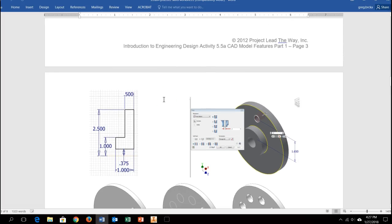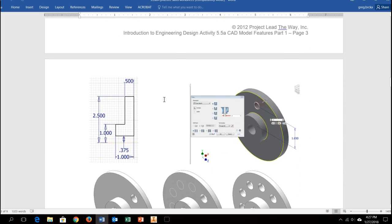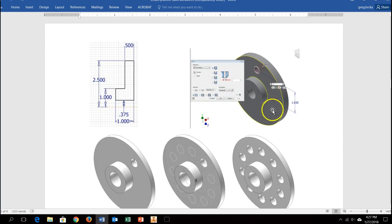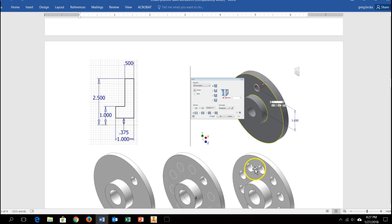Okay, our second part that we're going to be making is using the same sort of revolve tool. We're going to create this circular plate here, and then we're going to learn how to use a circular pattern tool to be able to put the holes into this. So there's a couple of new things here, the hole tool and the circular pattern tool, plus remembering how to